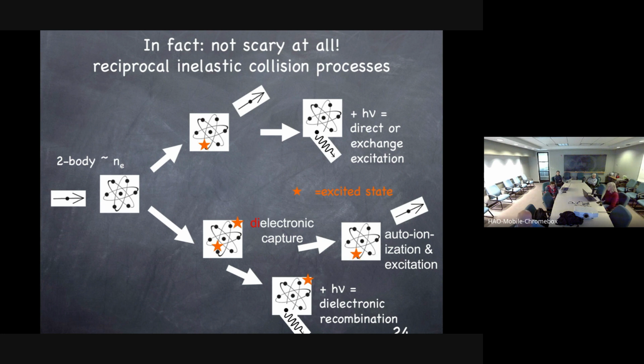This is called that process of dielectronic capture followed by autoionization. You can think of it like that, or you can think of it as being just collisional excitation. Because after all, what's happened is we've got an electron coming in, we've got an electron coming out, and the final result is we've got an excited atom. That excited atom is going to radiate a lot of photons into space as a coronal line, for instance. Okay, so